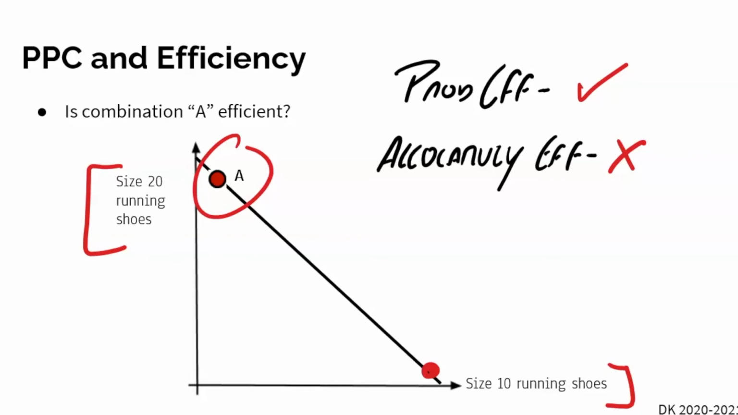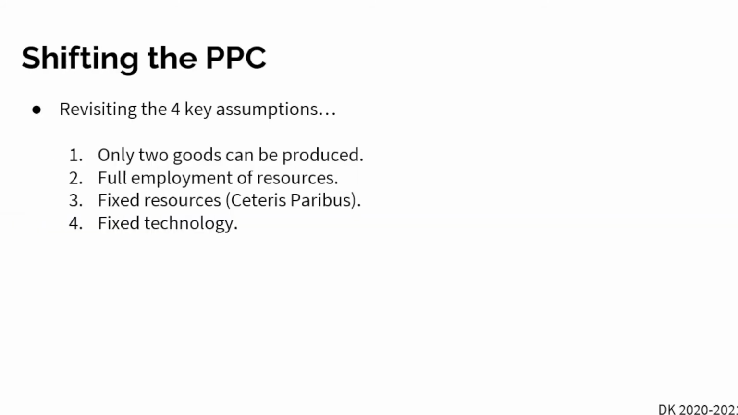And so that leads us towards the last concept with the PPC, the shifting of the PPC. Let's revisit our 4 key assumptions here, right? We said that these things are always going to stay constant: that we're only going to be producing 2 goods at a time, we're going to have the full employment of all of our resources,